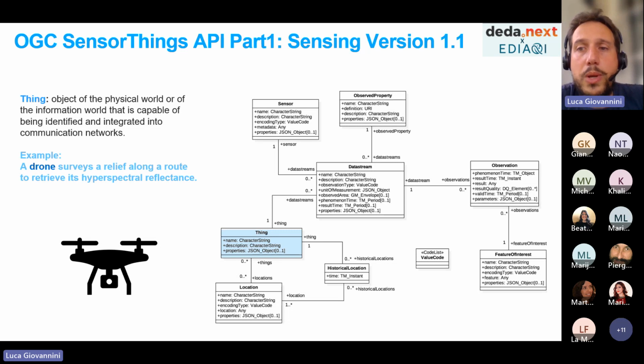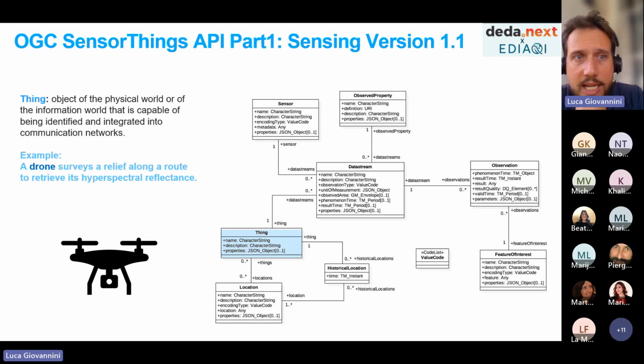Well, we have to put parts of the data into different tables, let me call them like that. Each table describes part of the elements involved, which are called entities. So the first entity we want to describe is the so-called thing.